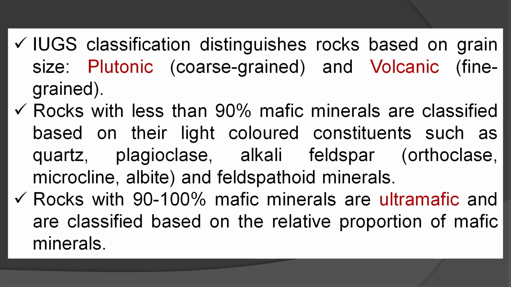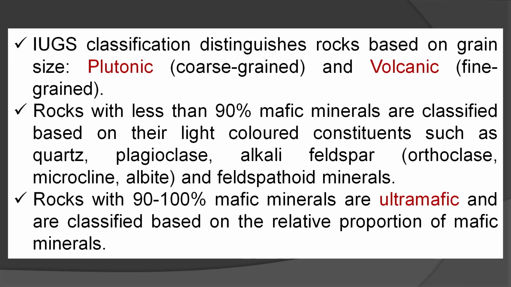For instance, plutonic rocks are coarse grained and volcanic rocks are fine grained. Plutonic rocks are coarse grained because they crystallize at a certain depth within the Earth's crust and as a result they have sufficient time for growth of their crystals. For the volcanic rocks, as they erupt on the surface of the earth and immediately quench, there is not much time left for the grain growth and as a result those rocks exhibit fine mineral grains.